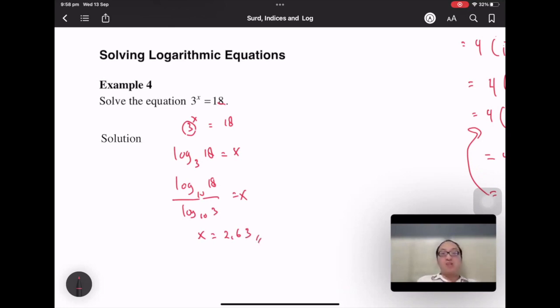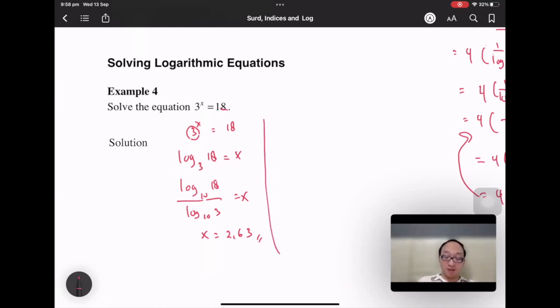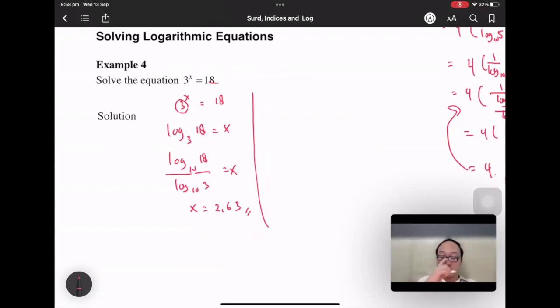Yeah, so the x is now not an integer. It can be any number. Yeah, that's the first method using the identity. The second method that you can use is you can put the log